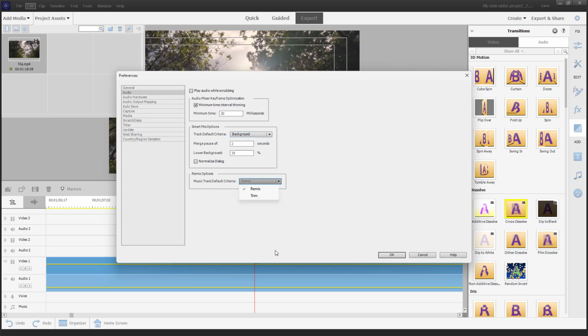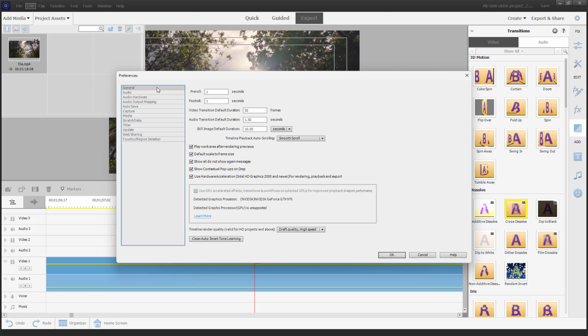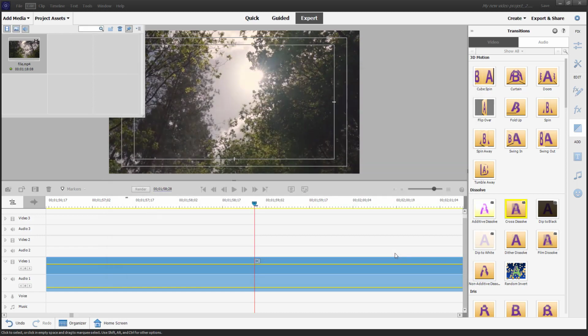So whenever I resize, it is remix. So you can change it into trim as well. So now that is what you have, as you can see. But now I'm going to keep it to remix right here. So you can also set it to normal dialogue, as you can see right here. So this is how you can change the settings. And now the audio layer will also behave as we said. And that is how you can change the audio settings and the general settings inside of